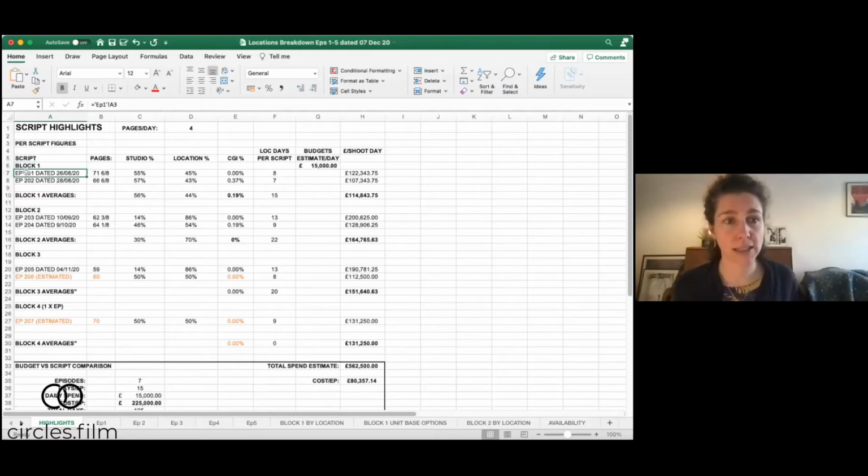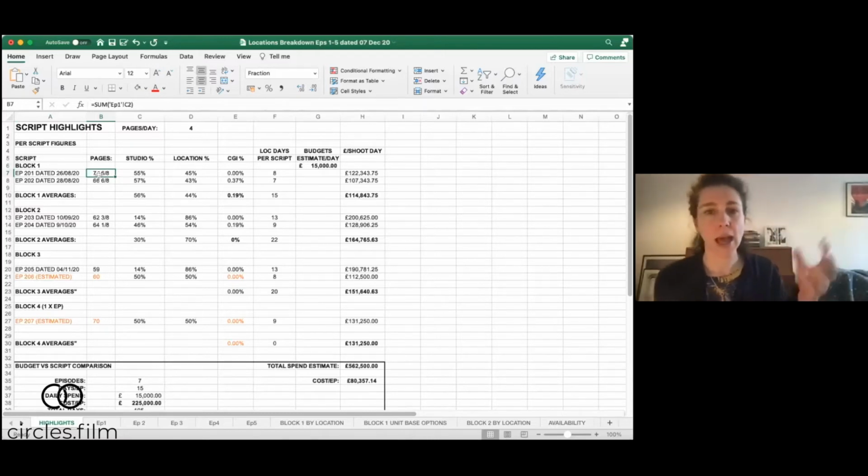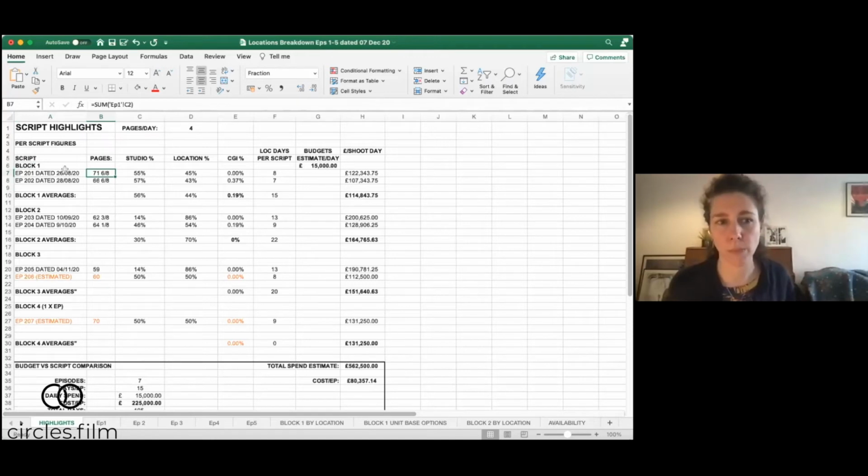The next cell down is telling us that we're on season 2, episode 1, and the page count is taken from the episode 1 tab. Similarly, if it's a film, you might want to break it down by location and each have a summary for each page count for each location. But if we just talk about the episodic version here,